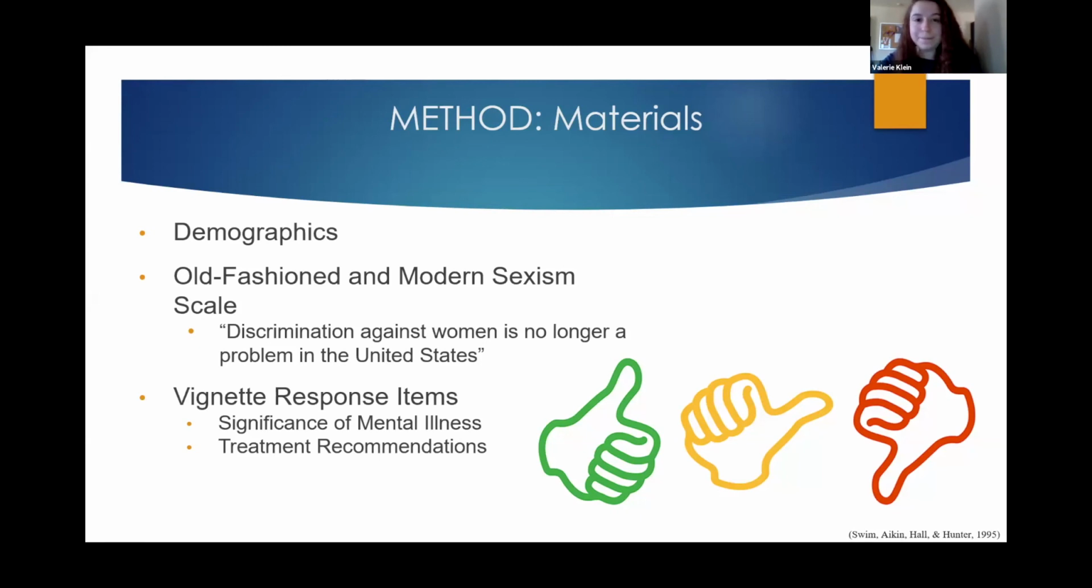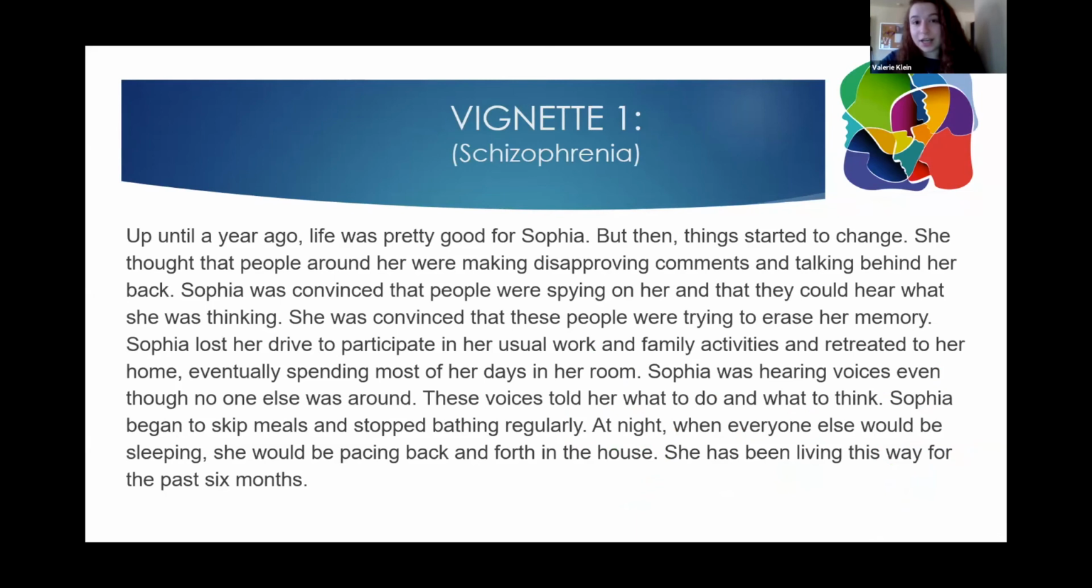for the vignette. So our first vignette depicted Sophia with schizophrenia. Some of the symptoms she portrayed were that she was convinced people were spying on her, that they could hear what she was doing. She had auditory hallucinations and began skipping meals and stopped bathing regularly, and this persisted for